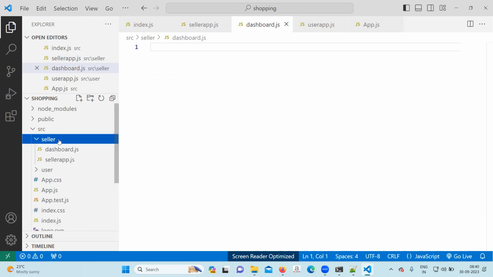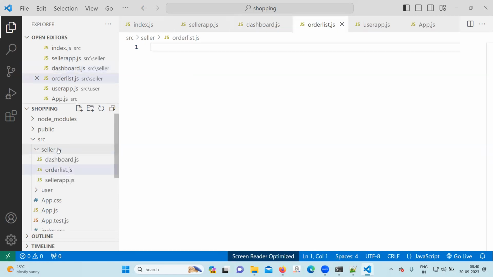Next, go to the seller folder again and create the next file called orderlist.js.